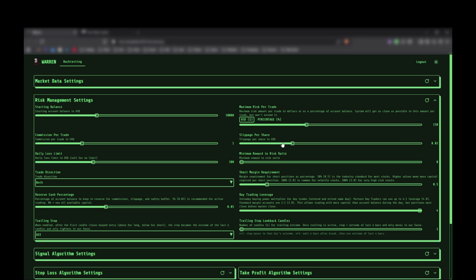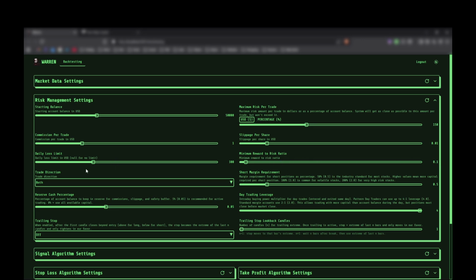Slippage right here, you can set it on a slider. There's even a slider for a minimum reward to risk ratio. So if you have an algorithm and you want to avoid ridiculous reward to risk ratios like 0.1 to 1 or something like that, you can filter them out right here. So we'll go ahead and set ours to 0.1 to 1. So this is risking 1 to make 0.1,